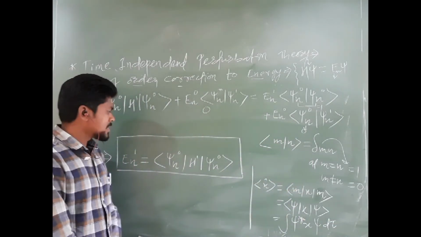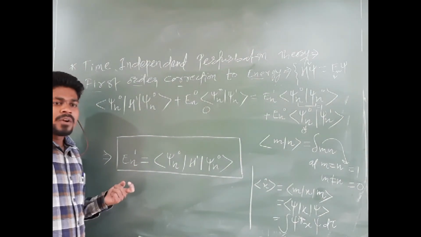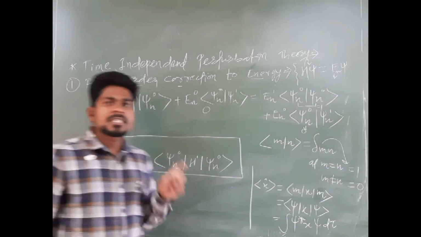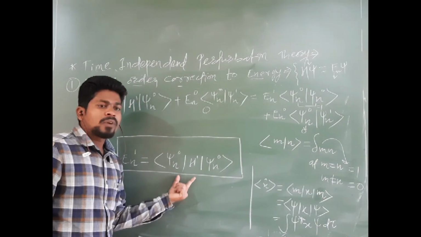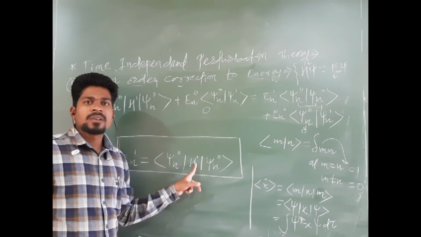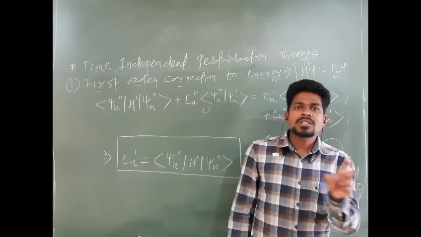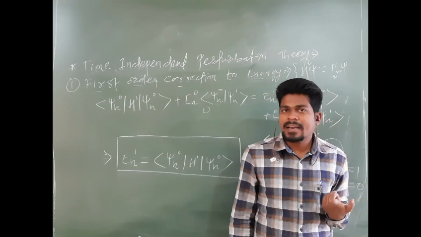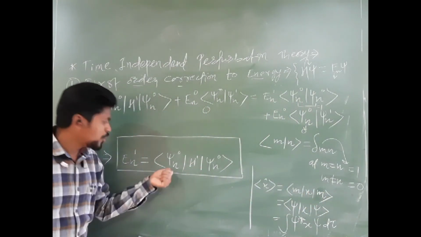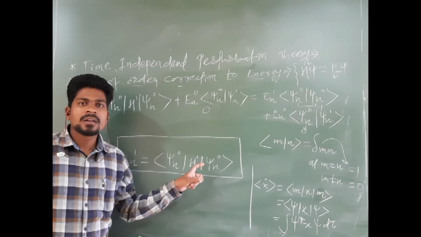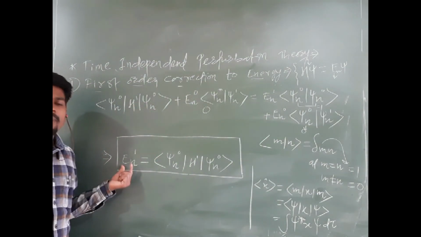Okay. So just see that using this equation we can say that the first order energy correction of the system is nothing but the expectation value of the perturbed Hamiltonian. So remember this thing: whenever in a problem you are asked to find the first order energy correction, what are the requirements? We will need the perturbed Hamiltonian, then we will need a wave function of that system, the unperturbed system. If you get these two things, you can easily find the first order energy correction of that system.